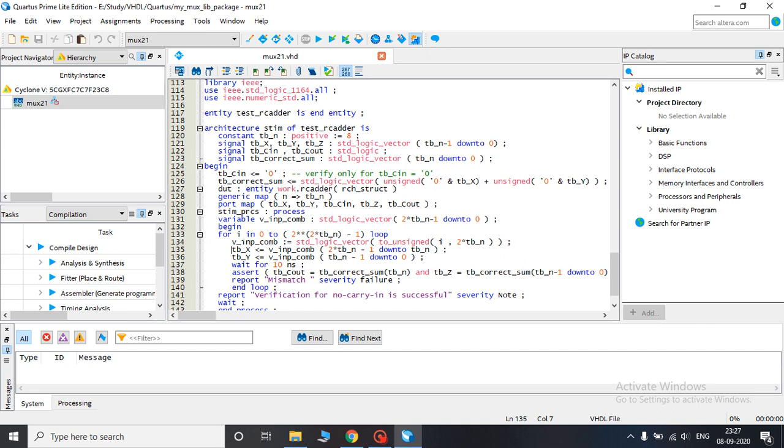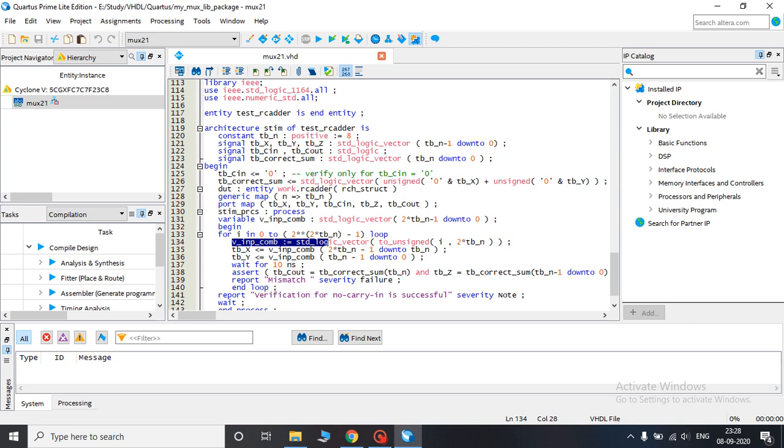First of all we have to start a for loop. This for loop goes from 0 to the maximum, which is 2 raised to 2 tbn minus 1. So that is 2 raised to 2n minus 1. Now we have to give the value to v input com. Here v input com is given a value, standard logic vector of unsigned.